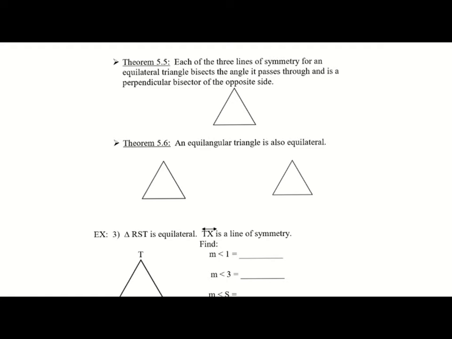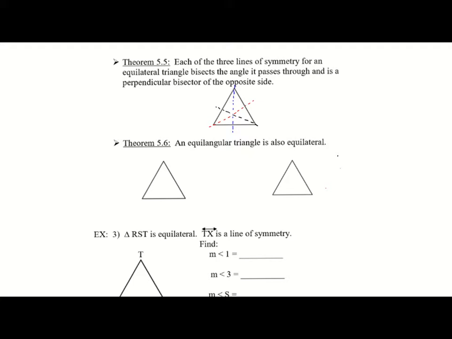So our first one says, each of the 3 lines of symmetry for an equilateral triangle bisects the angle it passes through and is a perpendicular bisector of the opposite side. So same thing with our equilateral triangles, like with isosceles. We have a line of symmetry going straight down, but now in this case that line of symmetry can go any direction. So we could have a line of symmetry there, we could have a line of symmetry here, or we could have a line of symmetry through this